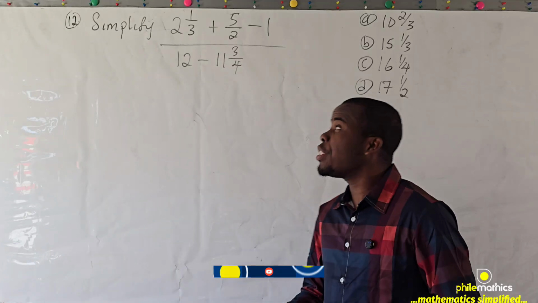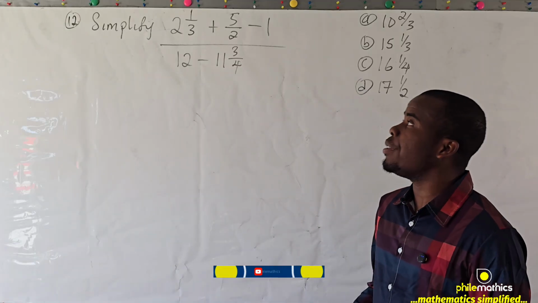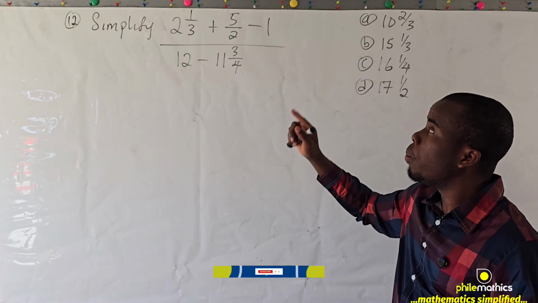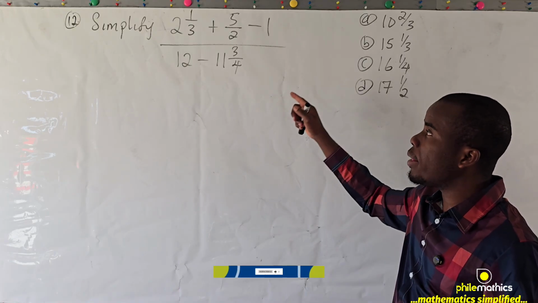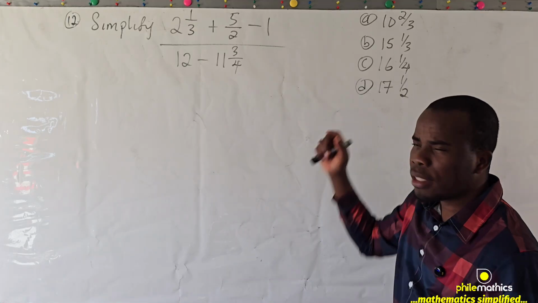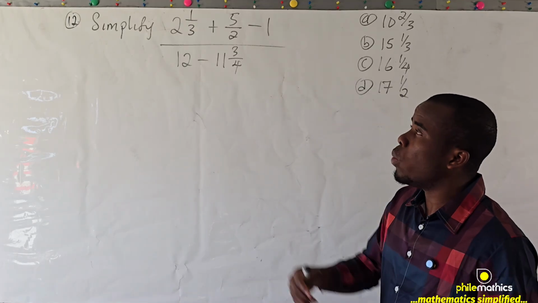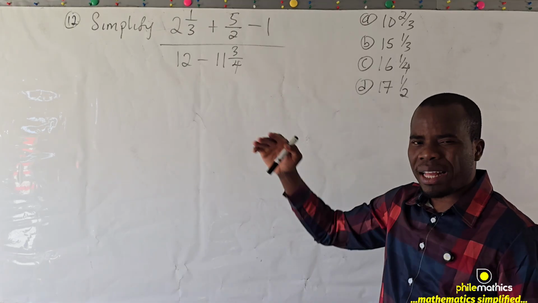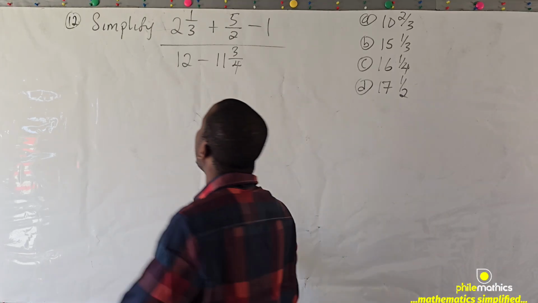Question 12 of 2025 WAEC Mathematics OBJ is: simplify 2 whole number 1 over 3 plus 5 over 2 minus 1 over 12, over 11 whole number 3 over 4. So you want to simplify the numerator, simplify the denominator, and then divide. So for the numerator,